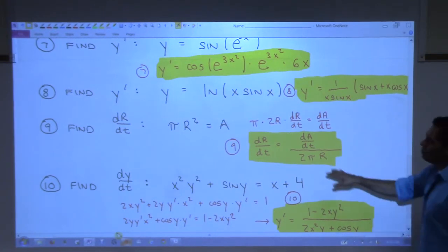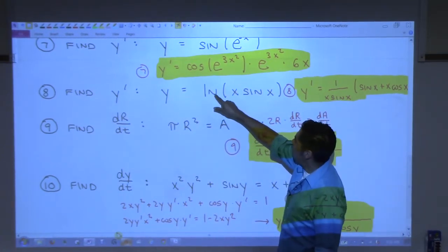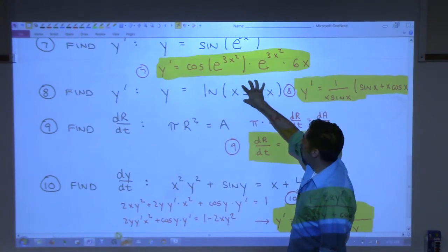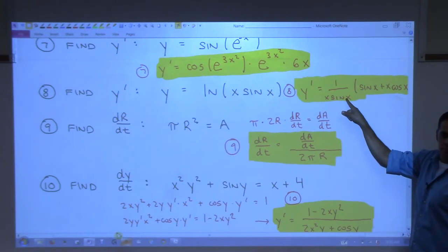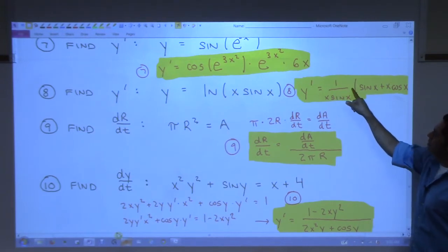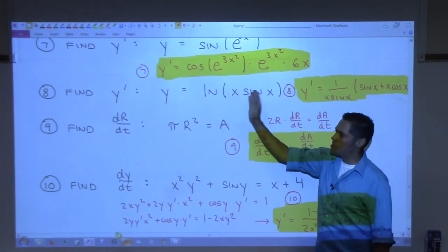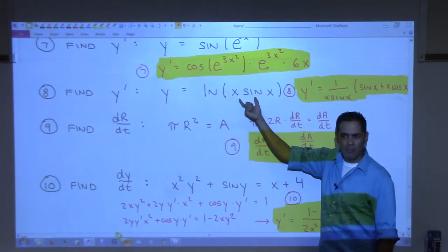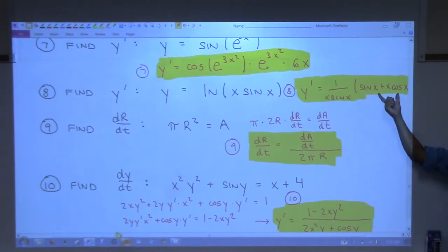All right, now, derivative of, this is a natural log. I hope you could see that that was natural log. The derivative of natural log of something is just 1 over that something, and then times the derivative of what's here. And this is a product rule, x times sine x. So you have to do a little mini product rule on this right here, and that's what I did right there. You'll see my product rule?